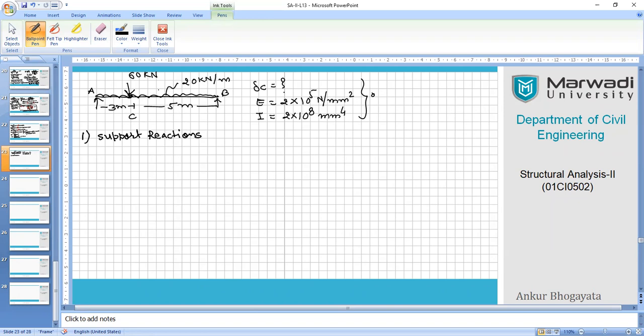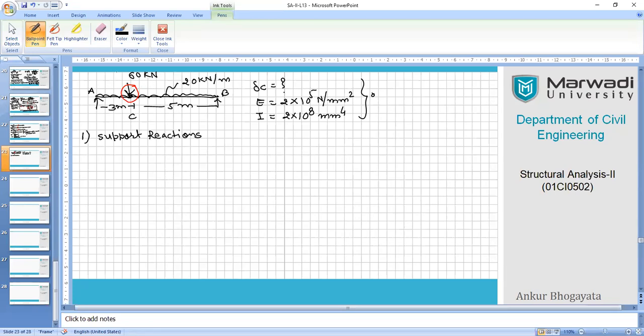At your own pace. Now here, before we continue, let me tell you one important point. As a principle, we should not forget that when you require a deflection at a given point, compulsorily or mandatorily, you must have a point load associated with that point. For example, in this case, we require deflection at point C as per the question right here. Now you will see that fortunately, we have the point load which is already loaded at point C itself. So there is no need to assume any fictitious load.